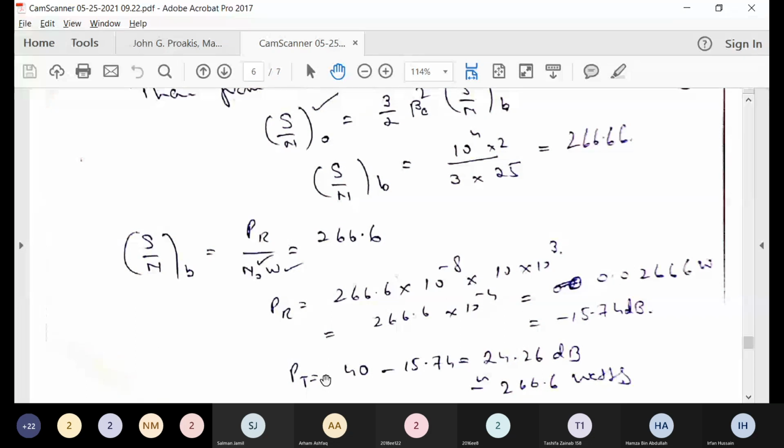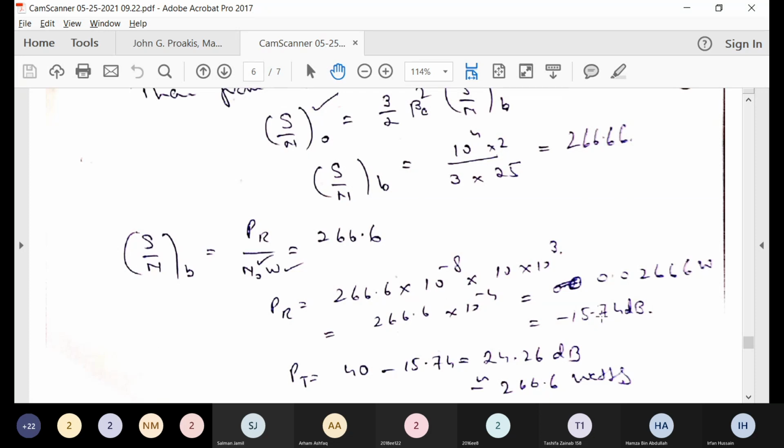Then what is the transmit power? This is the receive signal, then the transmit power has to be 40 dB plus, because 40 dB is the attenuation of the channel, so 40 dB plus, you will get this much dB. This comes out to be, you can take it inverse dB, it's 266 watts. So the minimum amount of power under these constraints is to be 266 watts, so that